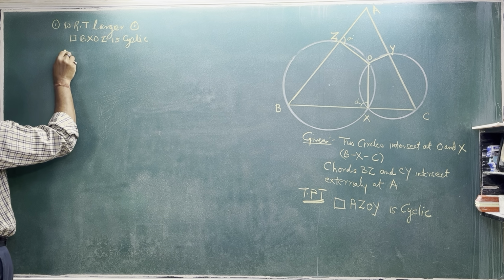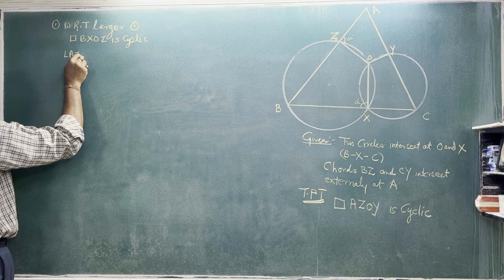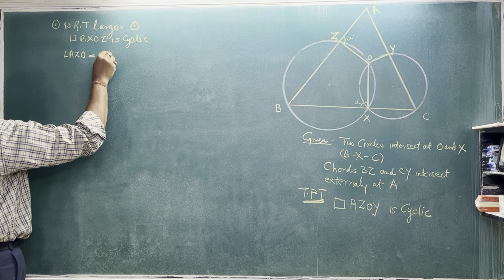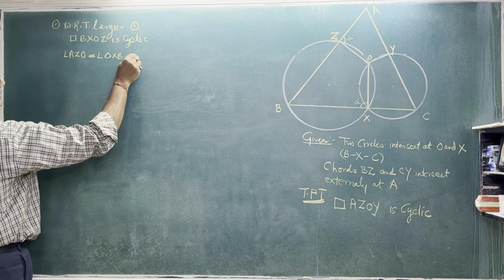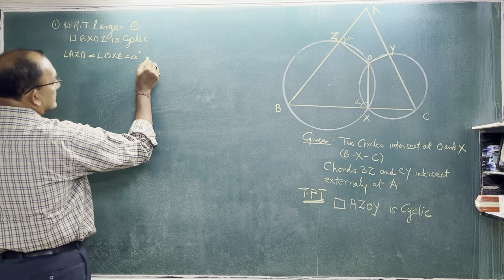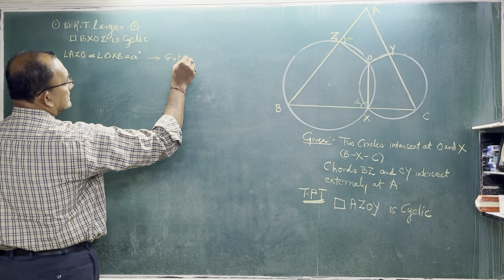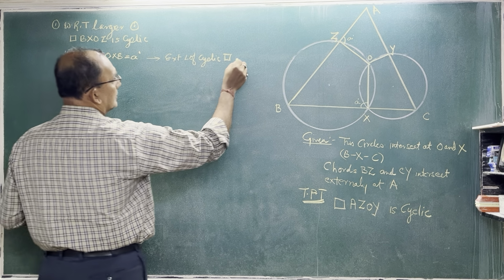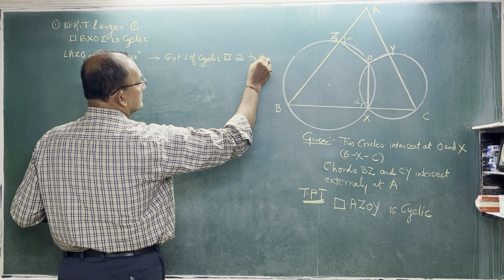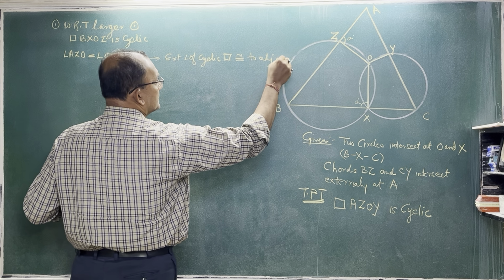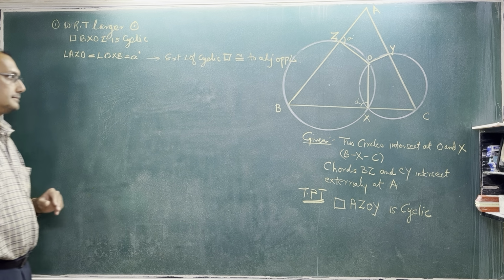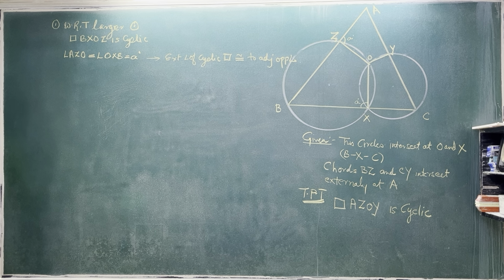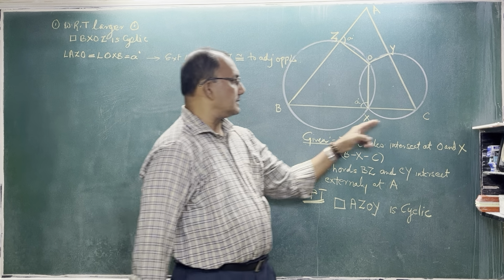So I can write angle AZO is equal to angle OXB is equal to A degree. This is the exterior angle of a cyclic quadrilateral, congruent to the adjacent opposite angle. Is it correct? In the same manner, if you see the smaller circle,